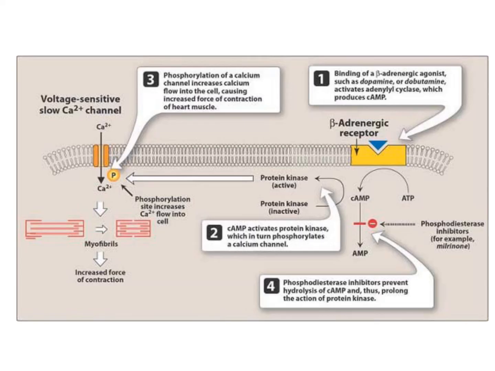Another example of positive inotropics, we have the sympathomimetic drugs like dopamine and dobutamine. They act on the beta adrenergic receptors, activate adenylate cyclase, and so increase the cyclic AMP, and this ends with activation of protein kinase, phosphorylation of calcium channels, and enhanced entrance of calcium into the cardiomyocyte,